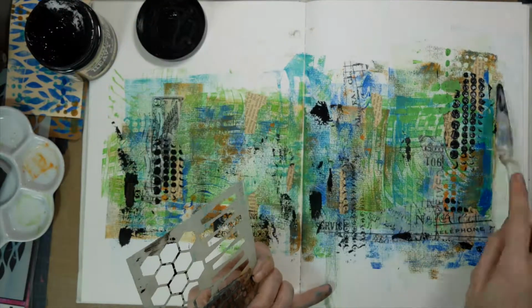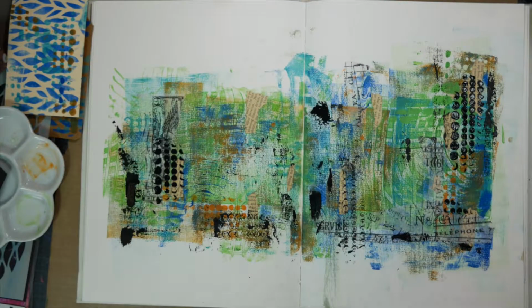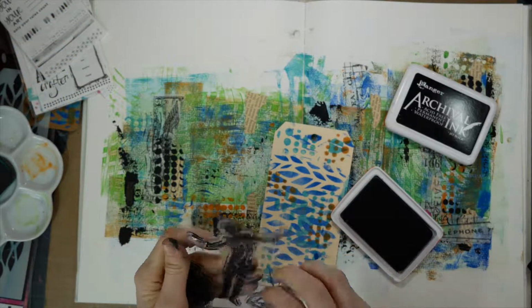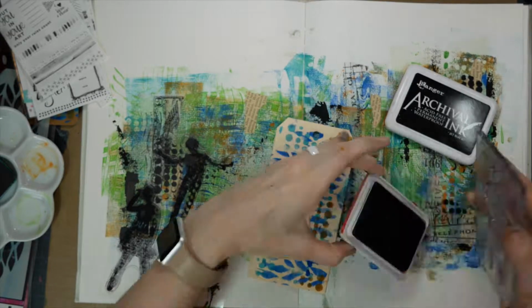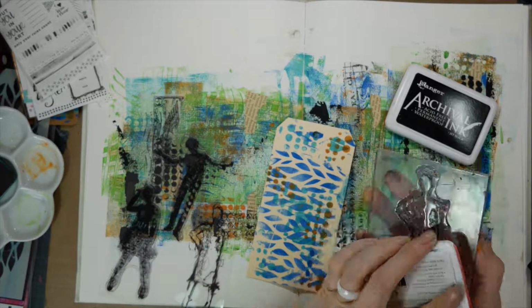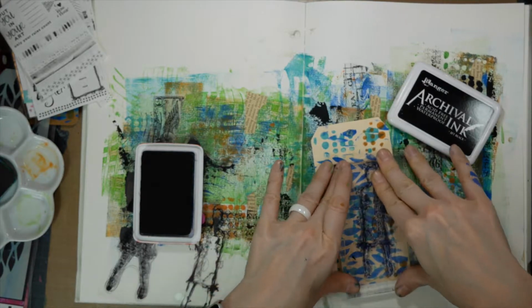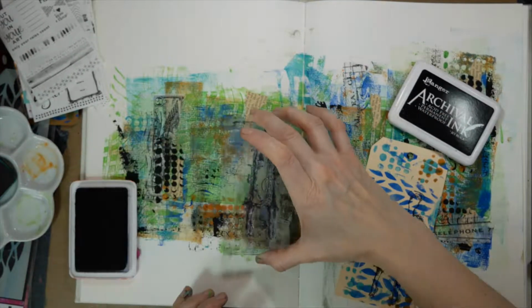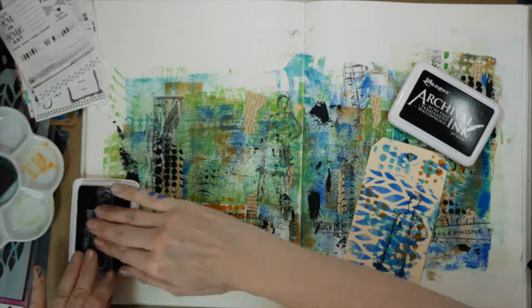And then I just applied some of the gesso with my palette knife straight onto my background. I'm trying a lot of these techniques out for the first time, especially as you can see there's a lot of white space left on my layout. Usually I would apply either a color or tissue paper or something to my entire background before really starting on my layout. And I've been reading one of Dina Wakley's art books, and this is one of the techniques that